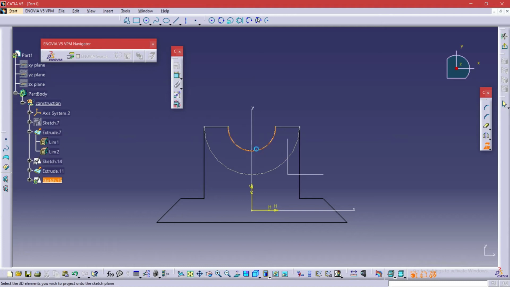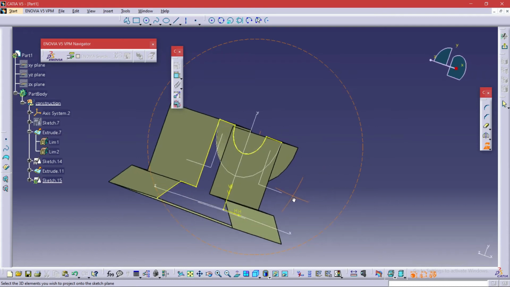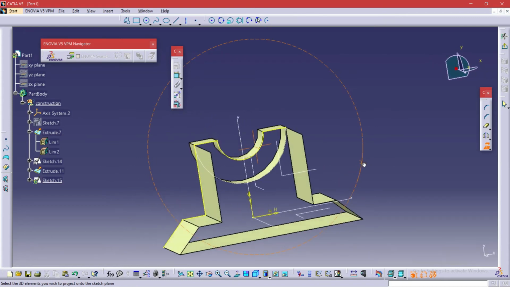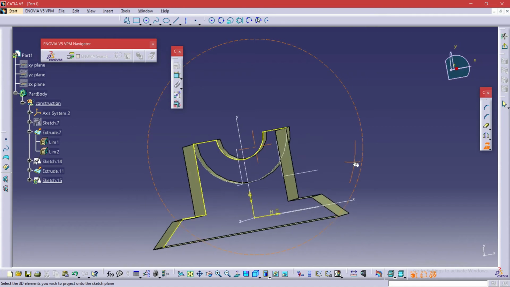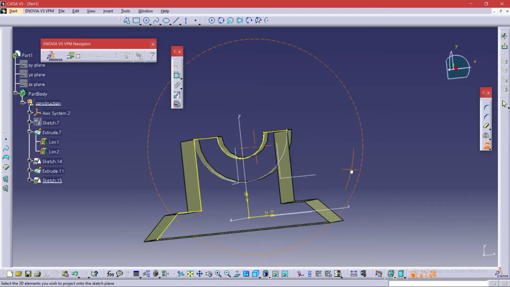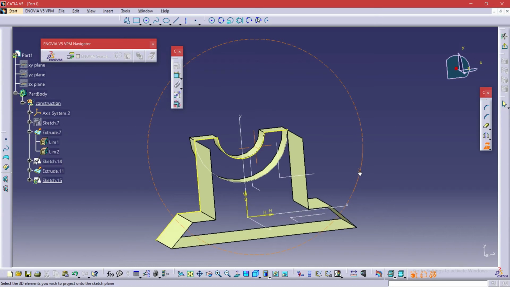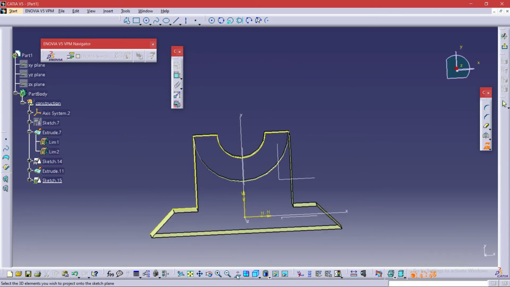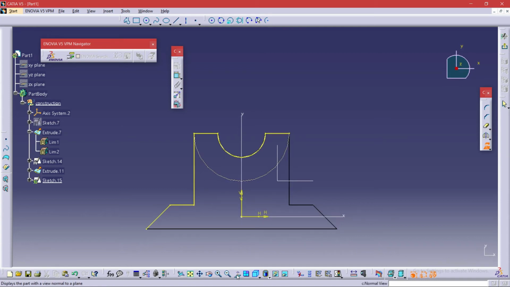Hope you have observed everything I have done regarding all the constraints and what commands I have used till now. I'm going to do the 3D component for only the upper part of the component that we extruded before. If you use the 3D component for all the boundaries that we used before, it won't be a good choice. As you can see, these things have all been extruded before. So what we need is only the upper section. For the upper section only we need to extrude. The rest is all unnecessary. We are going to omit the unnecessary things.